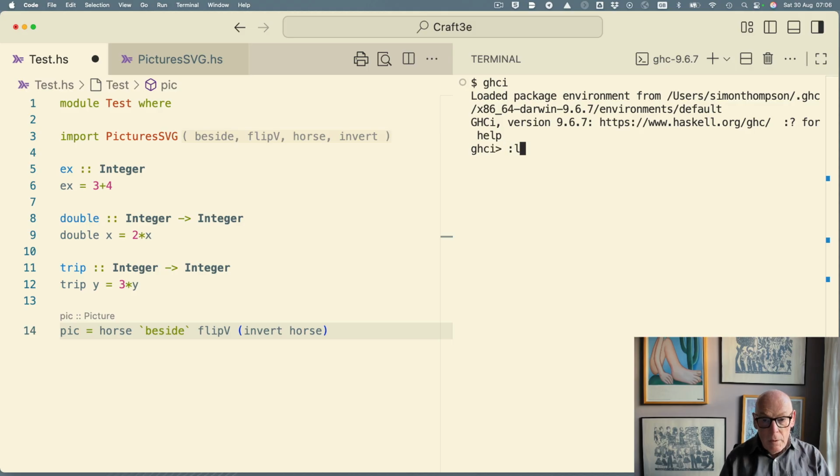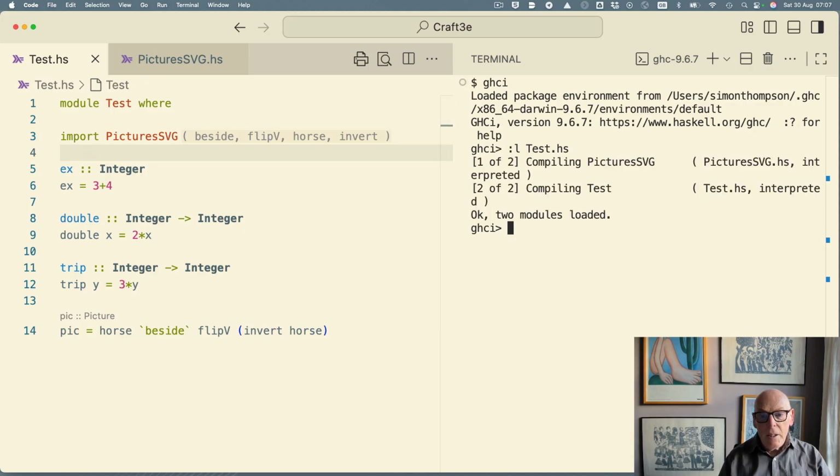We load the test.hs. So importing pictures, and you can see I've got the editor set up. It tracks which functions I'm using from pictures SVG. It will import those, and I'm allowed to use those functions in making definitions inside test. But let me first of all save the result here, and then we can load this, and then we can